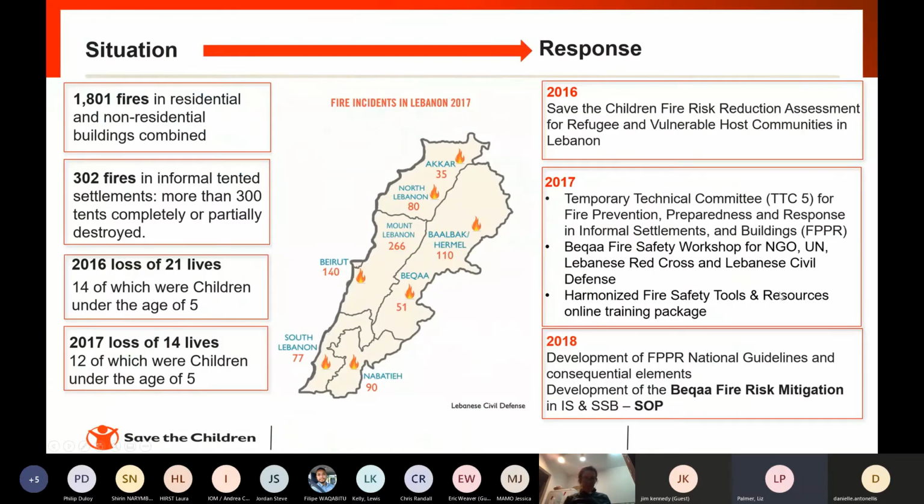In 2015, 2016, with the refugee crisis in Lebanon, there had been some catastrophic fires historically in the country, and the interagency partners were attempting to do something about it, but it was very ad hoc, very uncoordinated and unsatisfactory. And it just seemed to escalate. By 2017, they had started recording a high number of fires in this context, particularly in the informal tented settlements, which had very, very high density. They recorded very high loss of life among children that we as an agency determined too high a risk